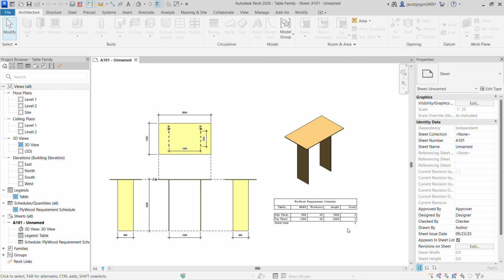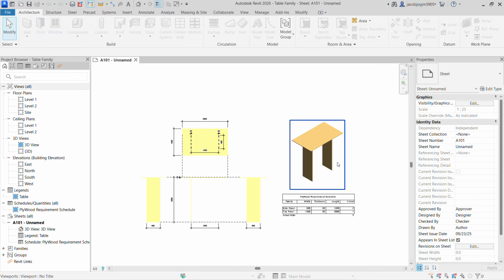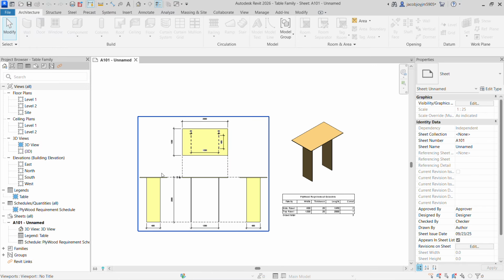So you have to learn how to create a 3D model and how to create a parametric model and how to create a nested family and how to take a schedule from the nested family. To create a schedule from the nested family, we need to make the nested family as a shared family. I'm going to show you how to make it as a shared family. After that, how to create a drawing from family legend